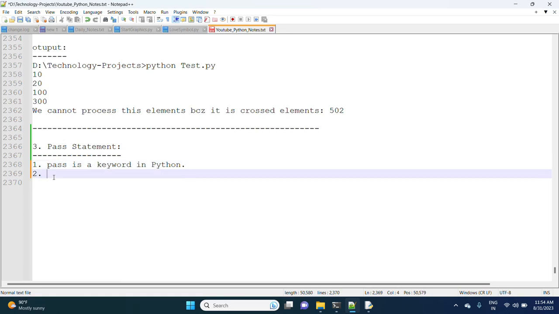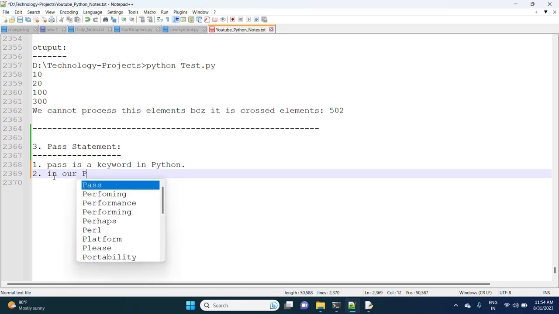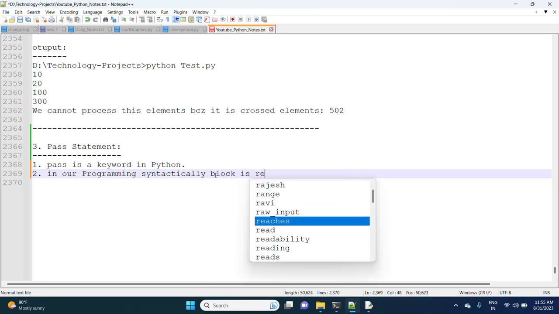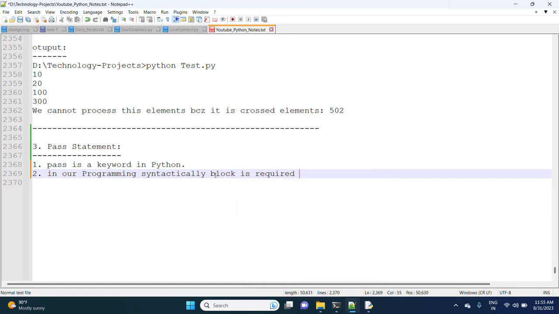In our programming, syntactically a block is required, but it won't do anything.